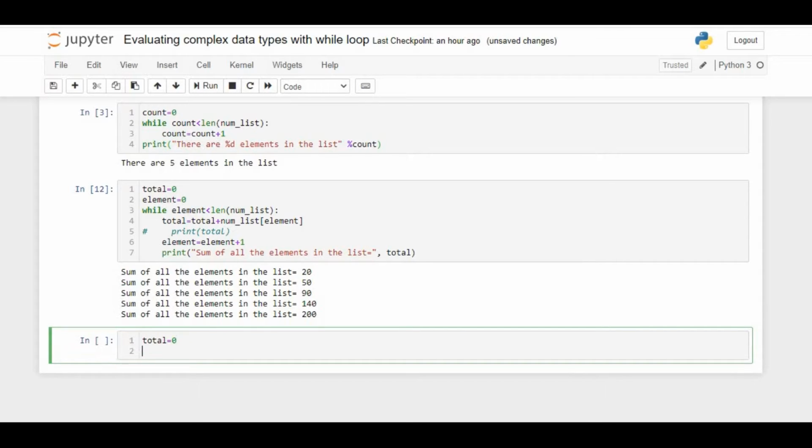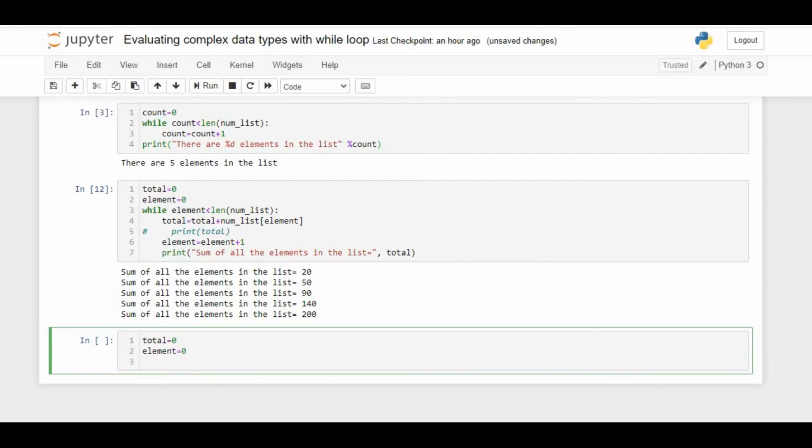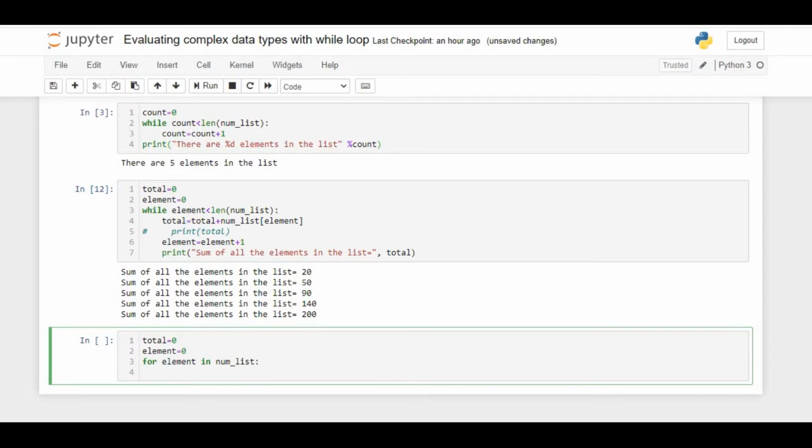Total is equal to 0. Element is equal to 0. For element in num_list, total plus equals element, and now I want to print my total.